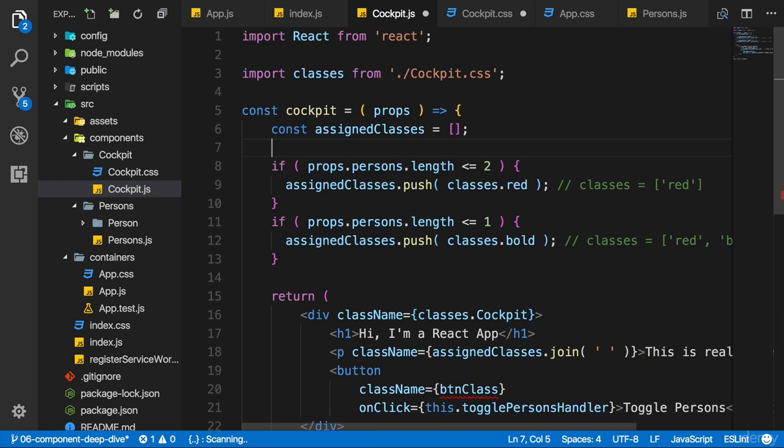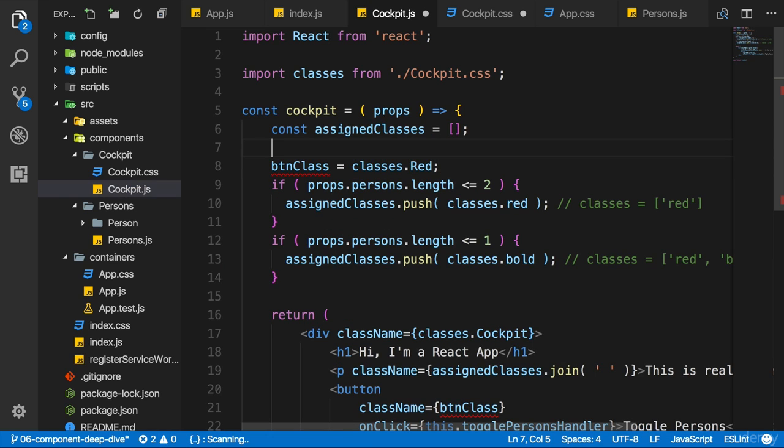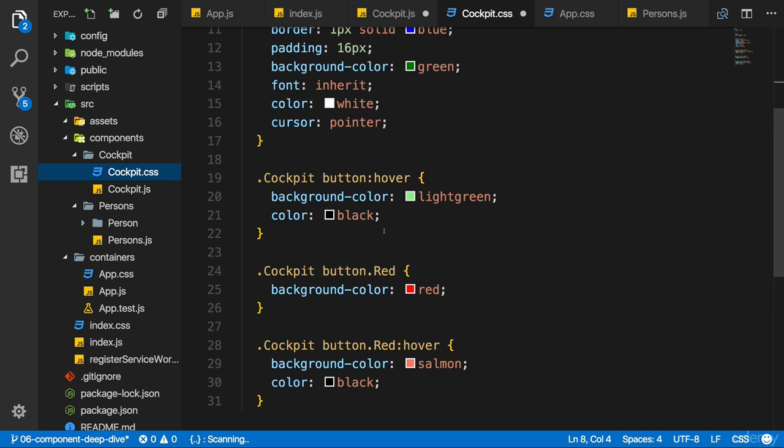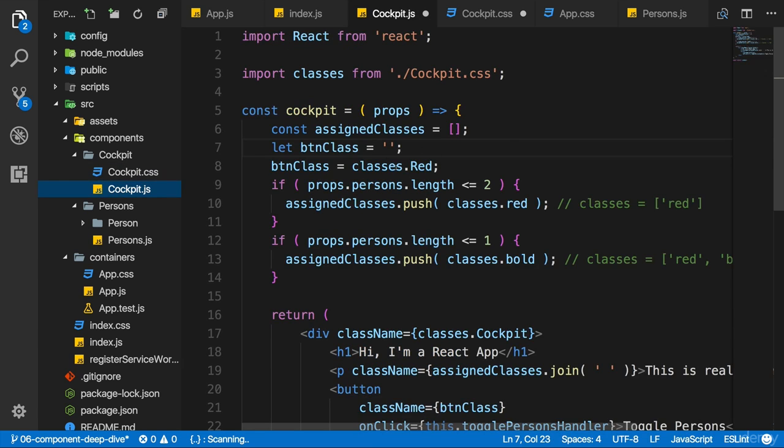Here I will store my red class assignment temporarily and set up the button class to be empty at the beginning. Now, this will become important again for adding this red class to the button and hence setting the appropriate styling. Now with that, we have to add this check whether we want to add the red class